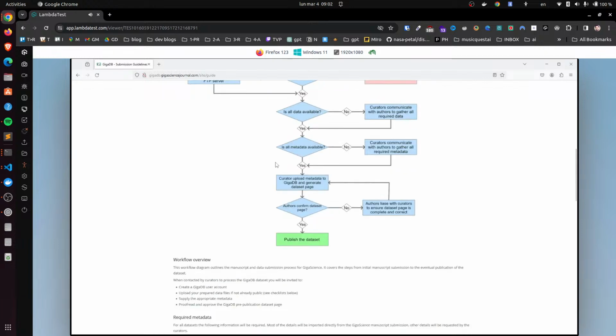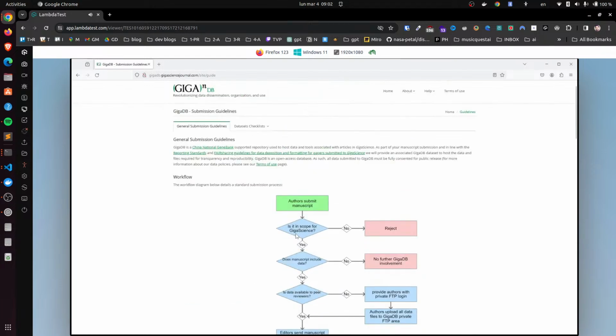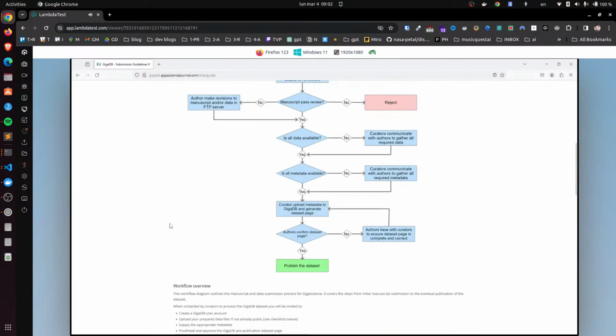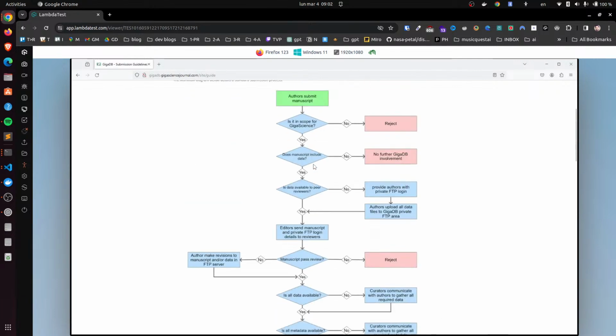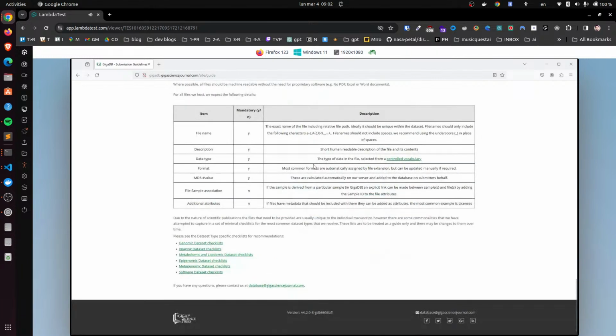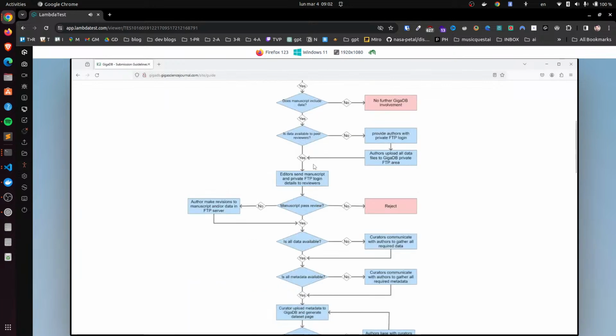Caption 3. Decision. Workflow diagram of manuscript and data submission process for GigaScience workflow steps. 1. Authors submit. Caption 4. Does manuscript include data? Caption 5. Decision. If yes, and the what? Graphic G is for graphics. Content info landmark list with 1 item go to GigaScience journal website graphic. Main landmark figure workflow diagram of manuscript and data submission process for GigaScience graphic workflow steps.